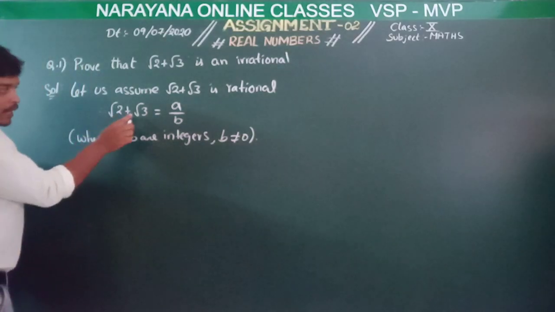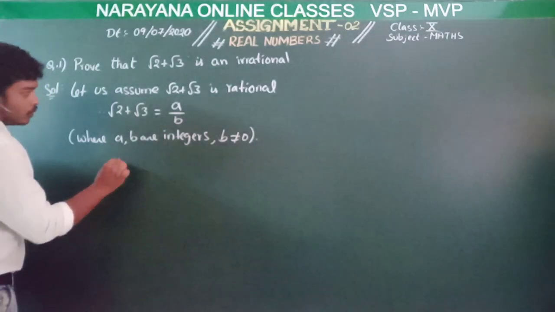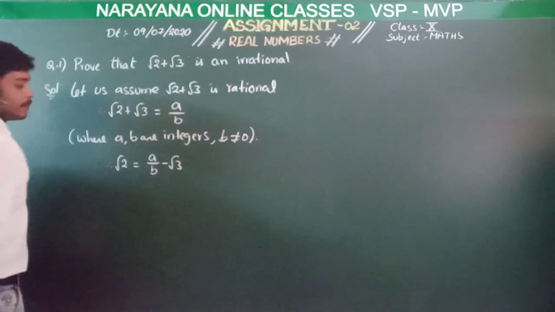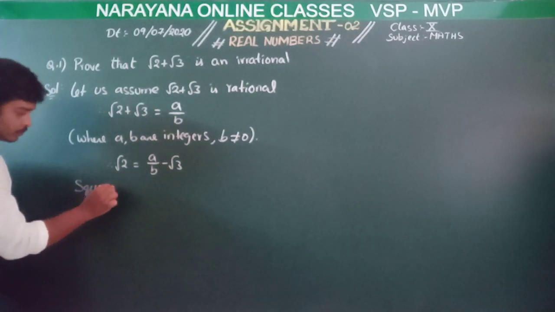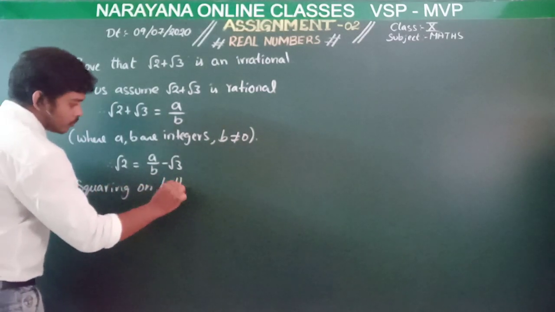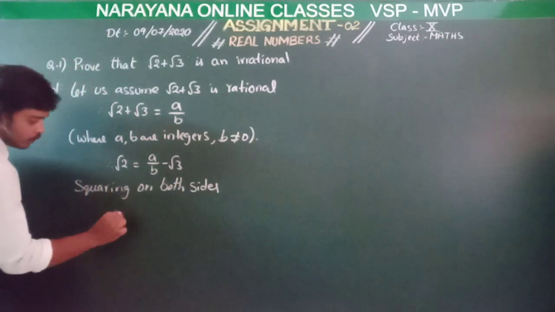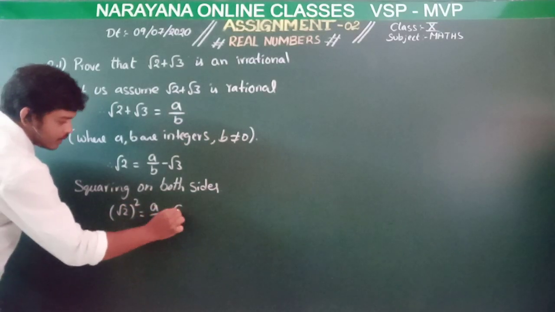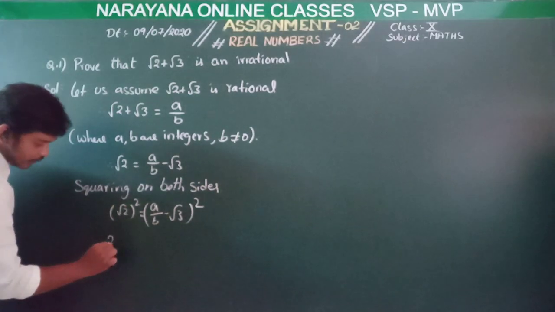See children, I am sending plus root 3 to the right hand side. Therefore, root 2 equals a by b minus root 3. Squaring on both sides, root 2 whole square equals a by b minus root 3 whole square. See children, the square root gets cancelled, so 2 equals